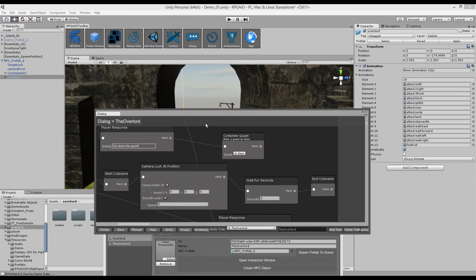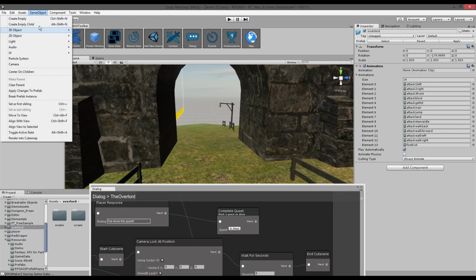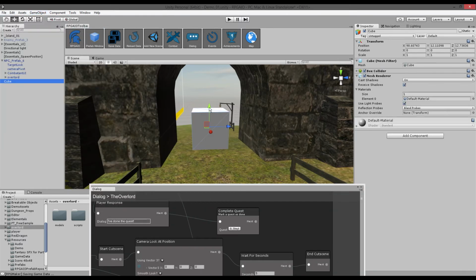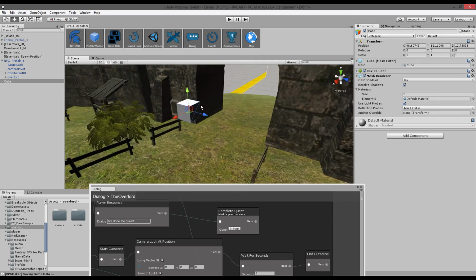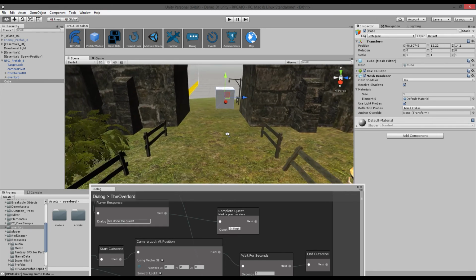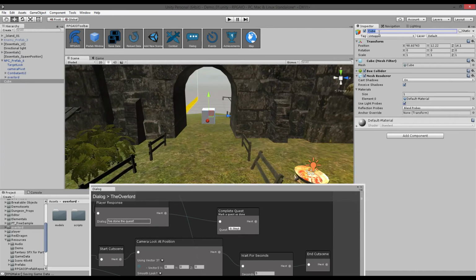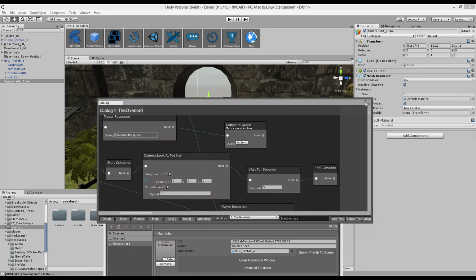use a vector free value, but instead what we can do is we can have a cube. Now if we take this cube and put it roughly where we want the camera to look at, which is about there, we can give this cube a special name. We'll call it cutscene01 underscore cube. Now if we go back here,